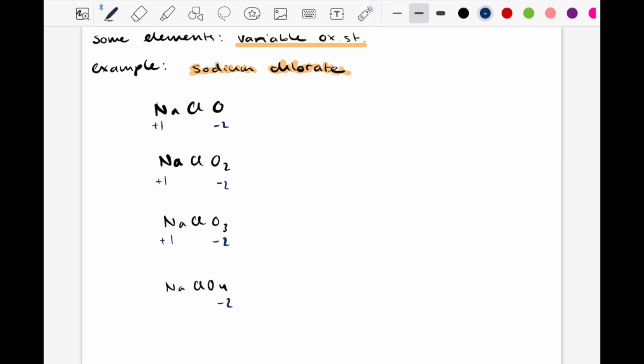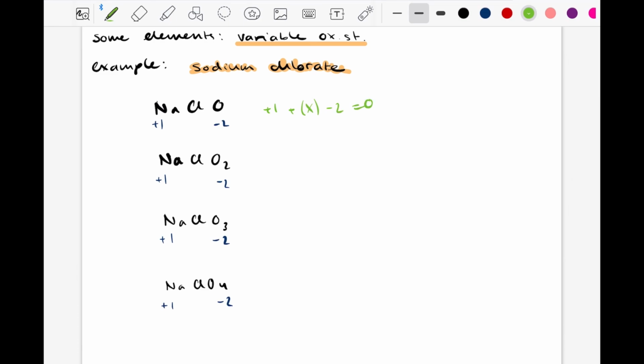And the only thing that is left is chlorine. So we know that chlorine here has this variable oxidation state. And how we find this oxidation state is by knowing that overall this compound is neutral, so all of the states have to add up to 0. So we can create a little equation: +1 plus X, and let's say that X is the oxidation state of chlorine,